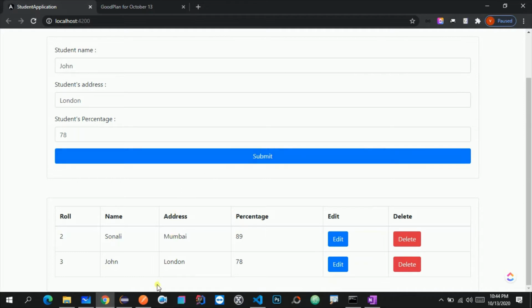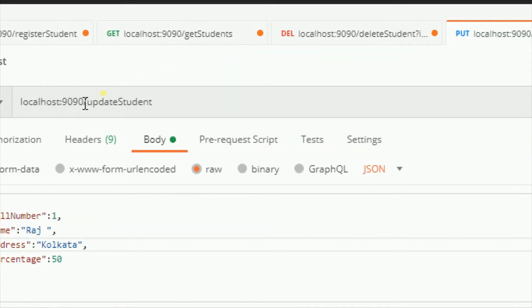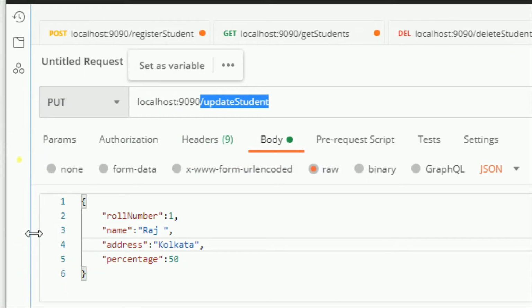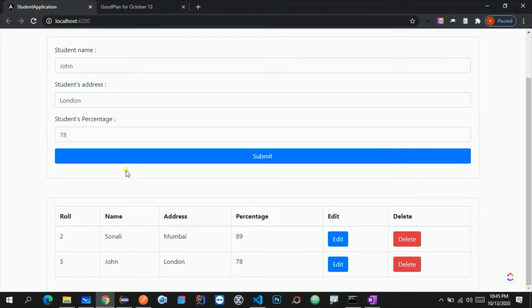Previously we created one REST endpoint, and as you can see we tested this endpoint through Postman. What we want now is an Angular application, and we want to call that update REST endpoint through this Angular application. In this video we are going to see how we can do that. As a part of this video we are going to focus on this functionality.